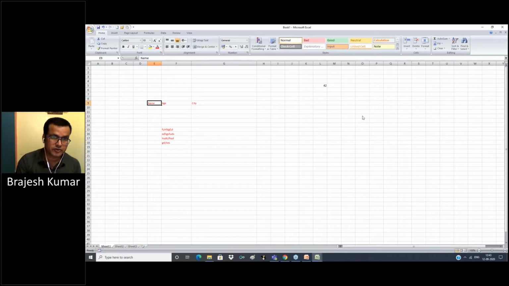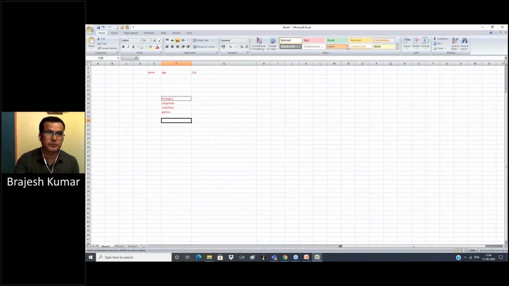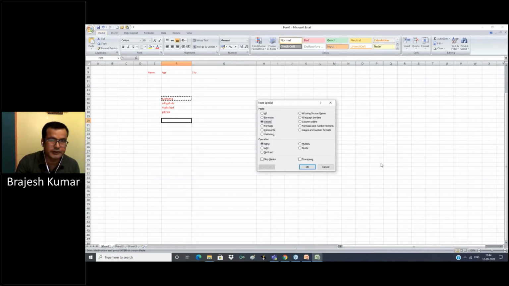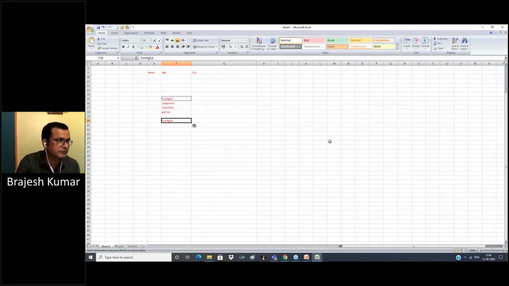So these are some shortcut keys which we can use in our daily work. Control C, Control V, copy, paste special. We should use paste special to paste from the internet or from other sources into our Excel, so that our file will not be heavy and can be worked on easily. For paste special, Control Alt V, select Values, OK.